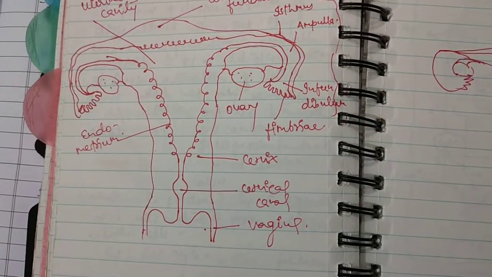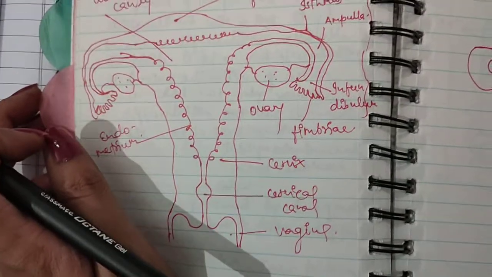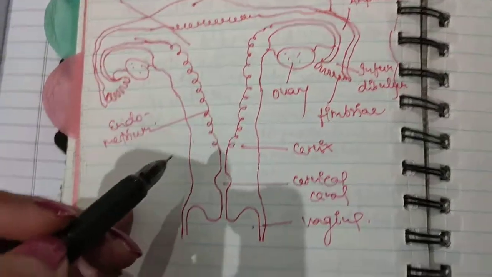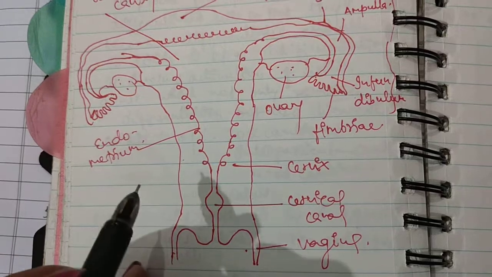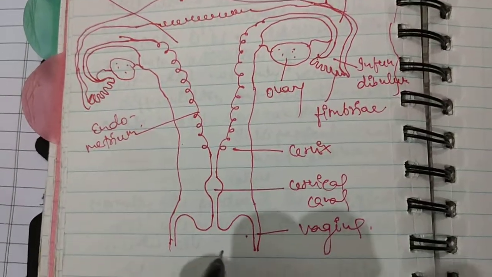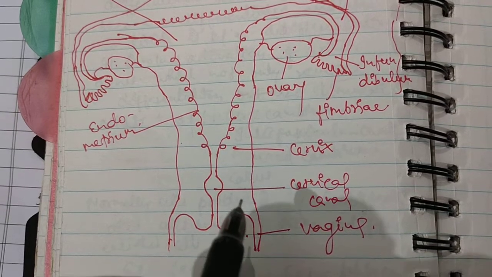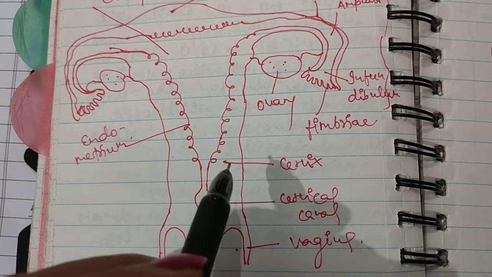Hello student. In this video I am going to tell you about the human female reproductive system, and you can see this is the structure of the human female reproductive system. You can see here this is the structure of vagina, then this is cervical canal, cervix,